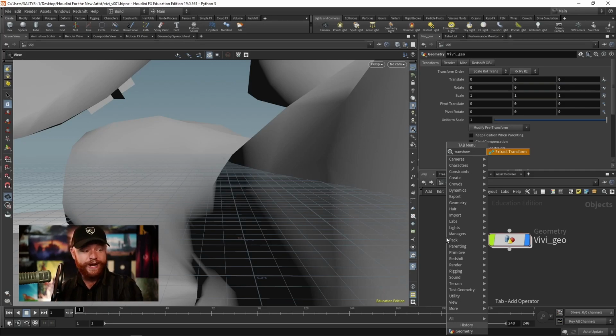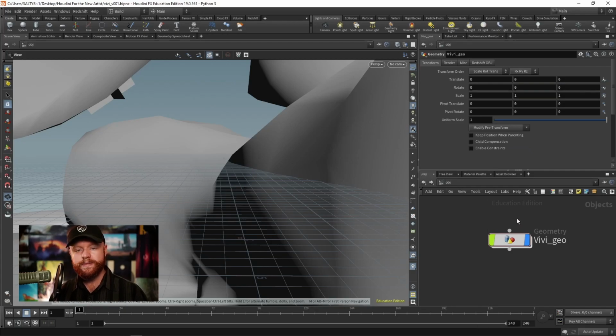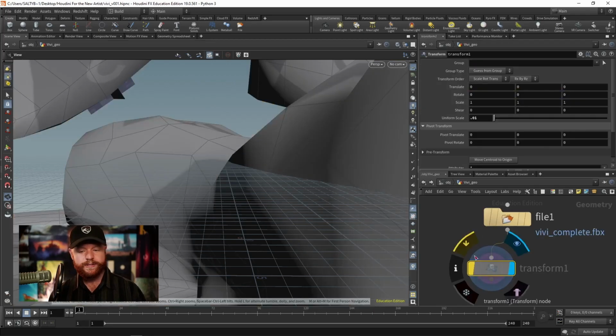We have the extract transform, but there's actually not a transform node here. Well, the reason why that's happening is because of something called contexts inside of Houdini. So right now, if we look at this word right here, we're at the object level. So it says objects right here. If I go inside of the network, so again, highlight the node, press enter, we are now in the geometry